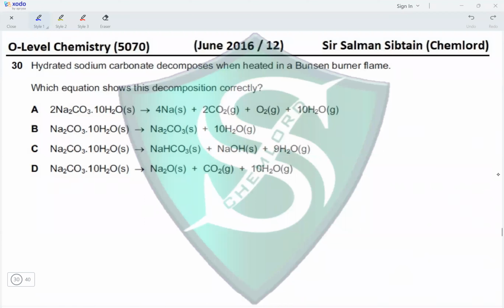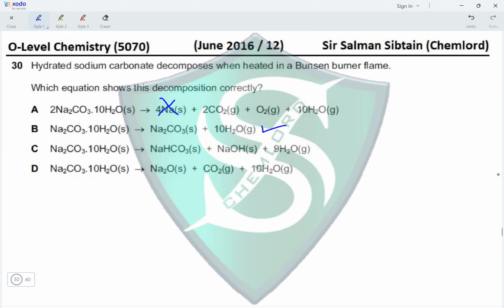Question 30. Hydrated sodium carbonate decomposes when heated in a Bunsen flame. Which equation shows this decomposition correctly? Okay, the first equation has the hydrated sodium carbonate forming sodium metal. That will never happen. We will have salts forming, not metals. Next, we have sodium carbonate and 10 water. So basically, we have removal of water. So anhydrous sodium carbonate is produced, and sodium carbonate itself is so stable to heating that it will not decompose